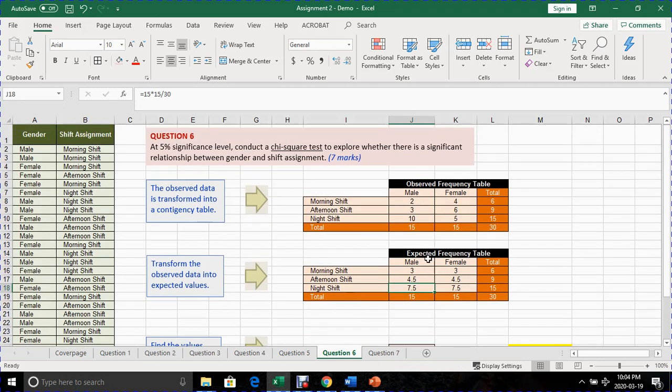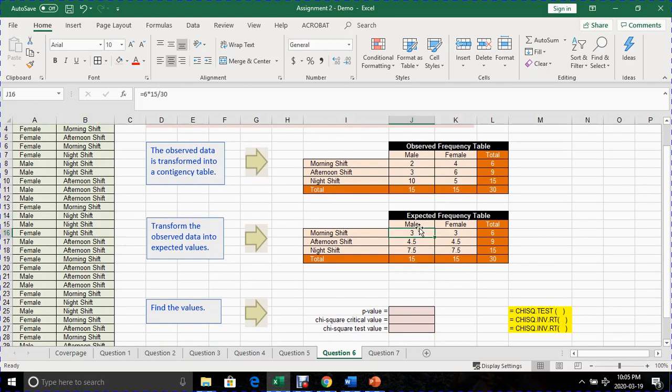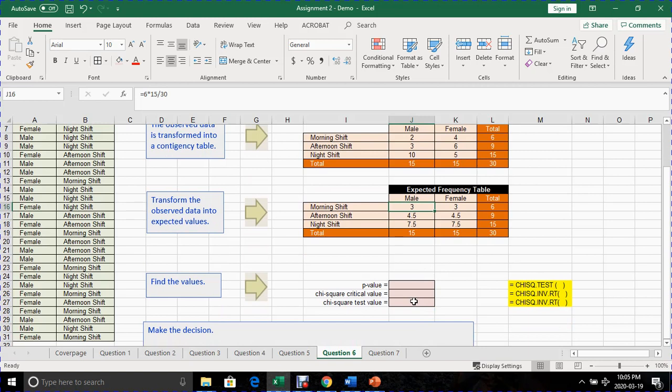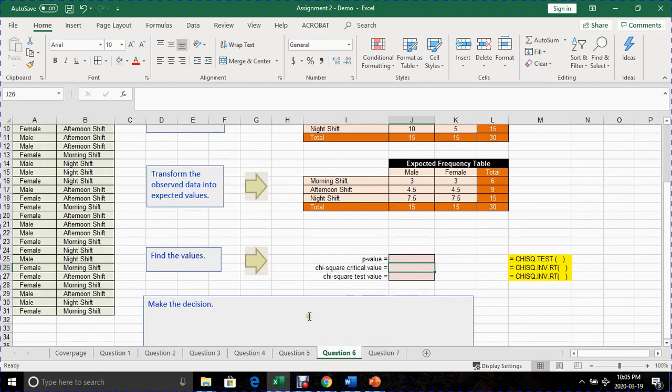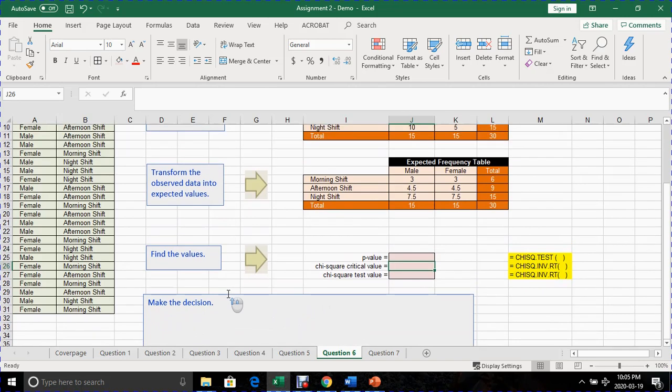Now we're going to have Excel analyze the differences, if the expected is any different from the observed. To do this, there are a few things I would like you to do. I noticed that what you've already done doesn't have this portion, which is the chi-square critical analysis. It only has the p-value. It doesn't have these two. So if you can type this in: chi-square critical value and then chi-square test value. If you can enter these two into your sheet, that should be okay. We are going to use this function here, which I've highlighted in yellow, to give you some answers right here, and which will enable us to make the decision as to whether to reject or not reject the null